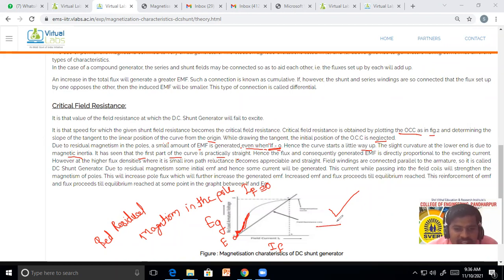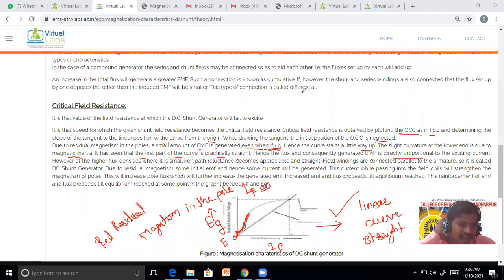That means if the field current increases, the induced EMF will increase. That means it will be a linear curve, a straight line curve. Now the field winding is connected. Hence the flux and consequently the generated EMF are directly proportional to the exciting current. See, due to this linear relationship, the flux and the generated EMF are directly proportional to the